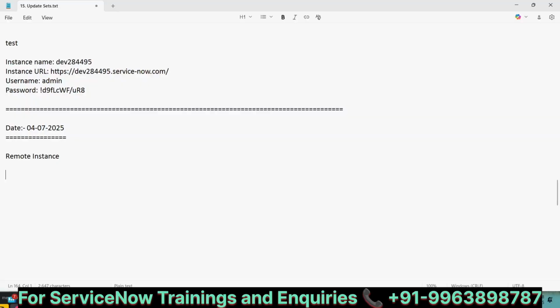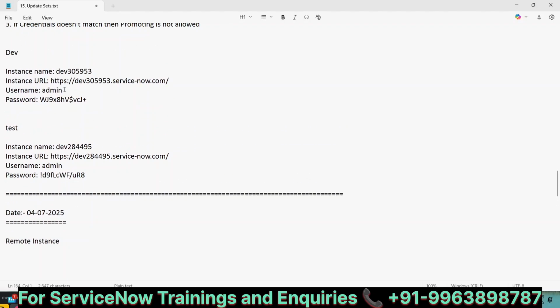As we dealt with in the previous session, how to create an update set, what an update set is, how to capture the customizations, and how to promote them by using export to XML. Today we'll see the advanced format of promoting the update set, the remote instance, where we need to gather the two instance details like the username along with the password along with the URL of the instance which